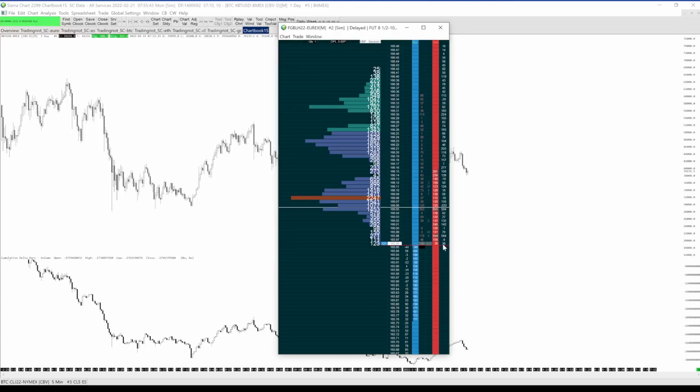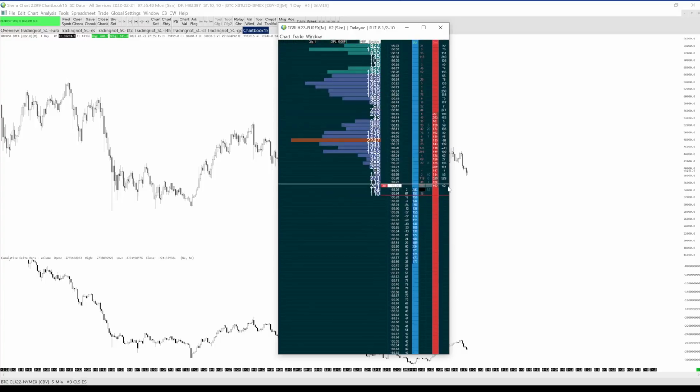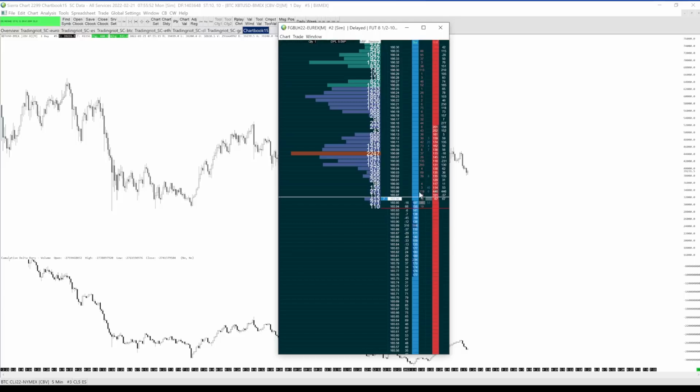So you can see someone added 36 orders. It's quite fast, obviously, in real time, but these are the pulled and stacked orders. And this is the important thing: these are the orders that were actually traded. You can see that someone sold 78, bought 111, and so on and so forth. So these are the actual market orders,